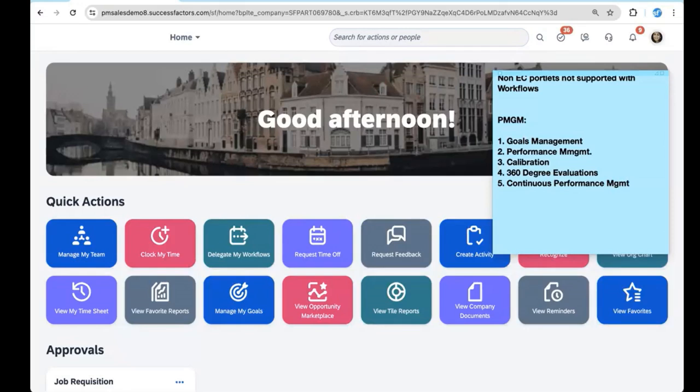The time management, being punctual, being as a team player, taking responsibilities. Like this, you have different competencies that can be evaluated. So, as a mixture of both, the goals, the targets what are given to him, the way how his achievements are, and also on these competencies, how is he behaving with the team members, how is he managing the team, how is he taking the responsibilities. On all these parameters, also the ratings can be there. An average of the overall ratings is what the year-end rating that comes up. Okay, so this is how the performance and goal management will be executed with the goals and competencies coming up